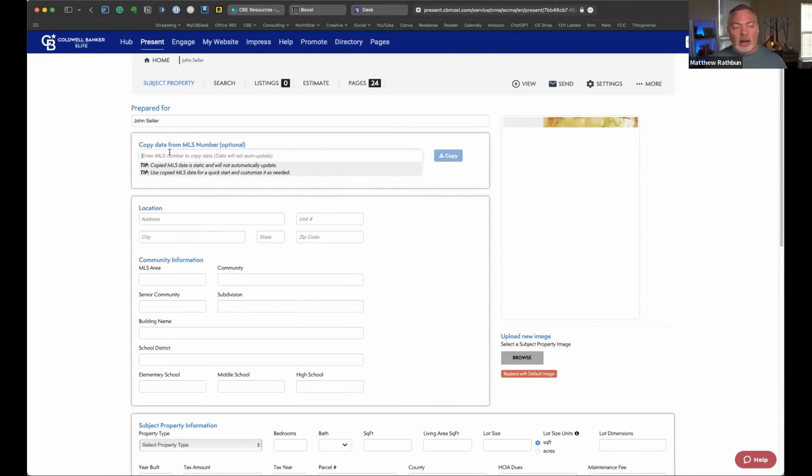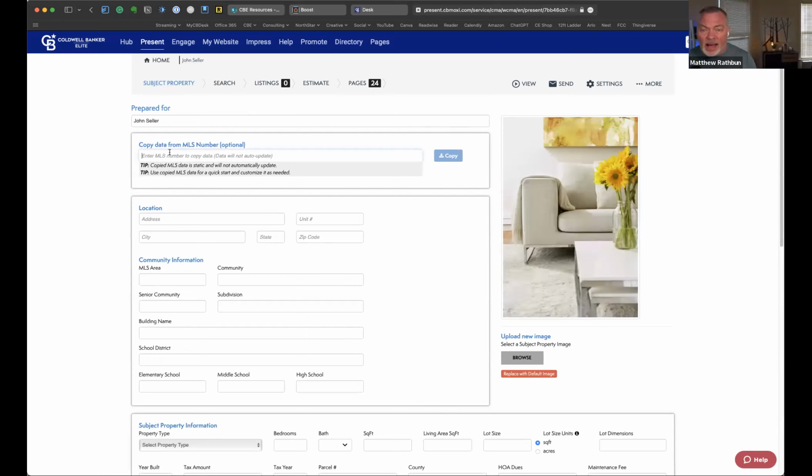If the house has been entered at any point in the past, if you're going to go talk to a seller, you can copy the old MLS number here and it'll populate all this content from the prior listing. A word of caution here is most agents suck at data entry. So you want to double check that information to make sure whatever the prior listing agent put in